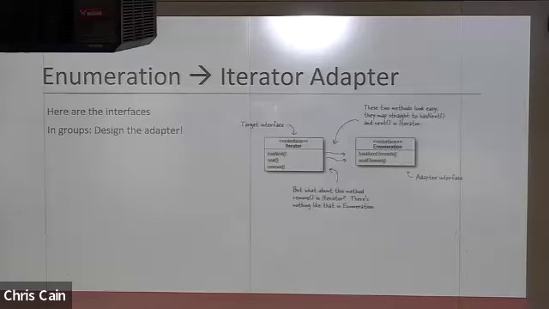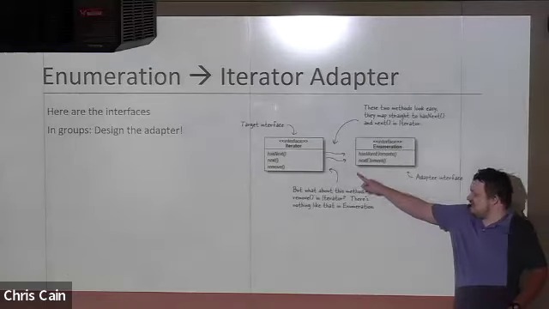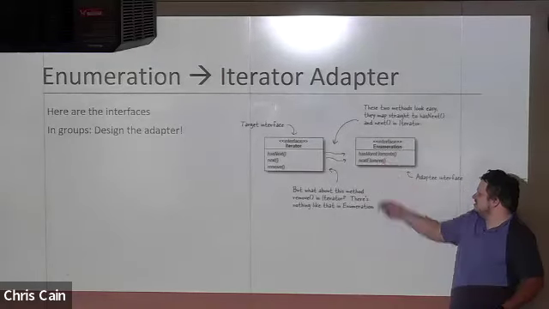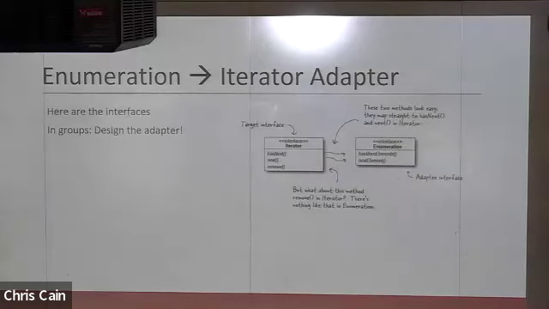So I've heard talk about how we could handle the iterator's hasNext and next because they map directly to the enumeration's hasMoreElements and nextElement. What about remove? How is that going to work? That's a linked list, but